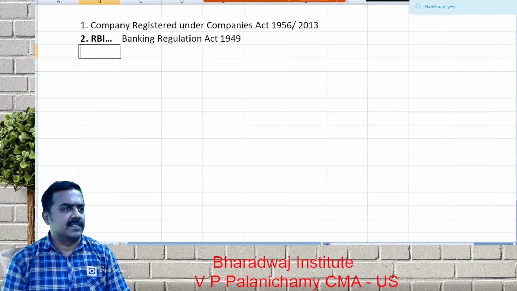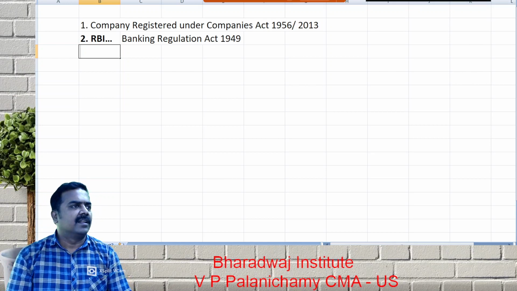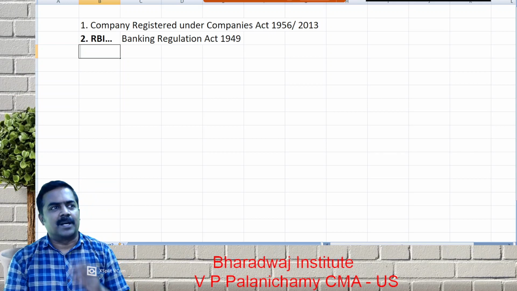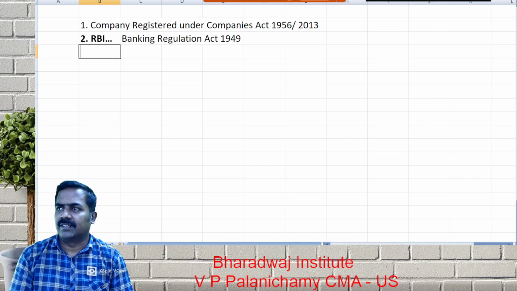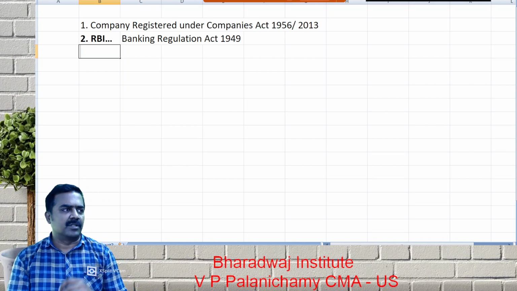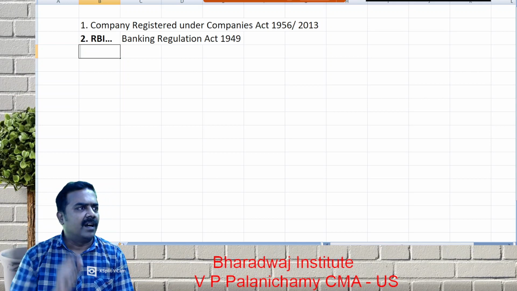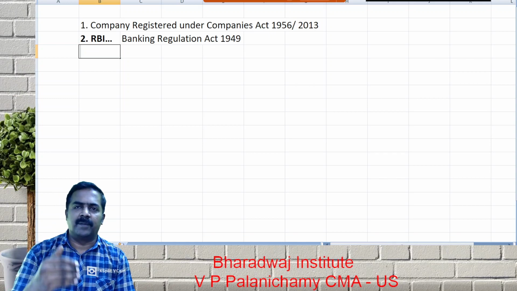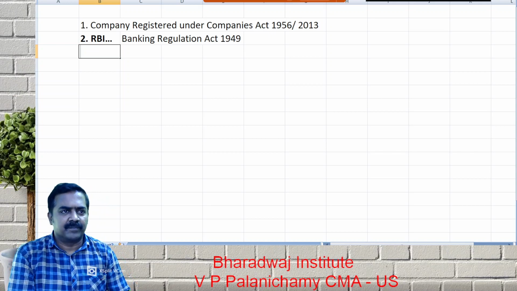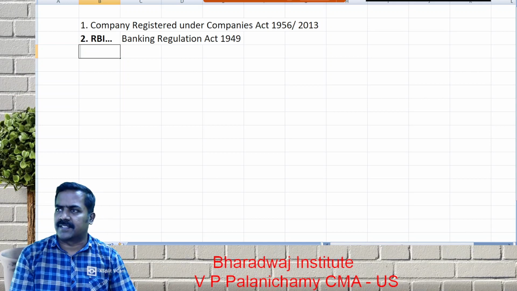So you should get the license. Wait. All provisions of the Companies Act are applicable, but the Banking Regulation Act is also applicable. The problem is the Companies Act has given a format of which one? Final accounts. What is the format of final accounts? It is given in Schedule 3. The P&L account should be prepared with income from operation, other incomes, cost of goods sold, employee cost, depreciation, and so on. That is a format applicable for which company? General companies. The liability side will contain equity and liabilities, assets, and so on.